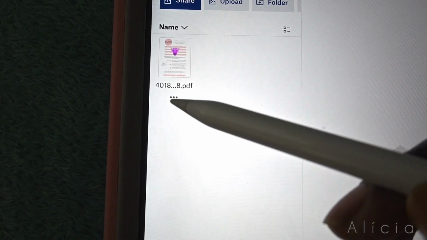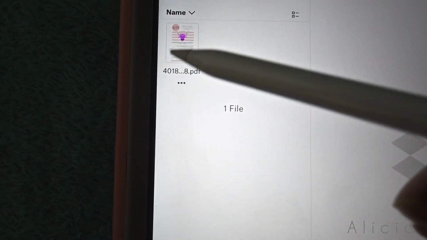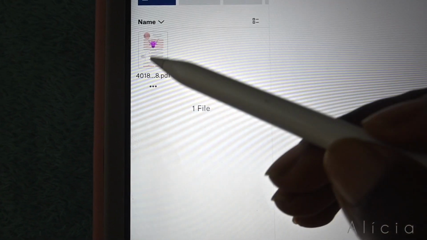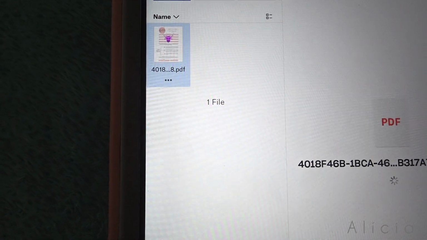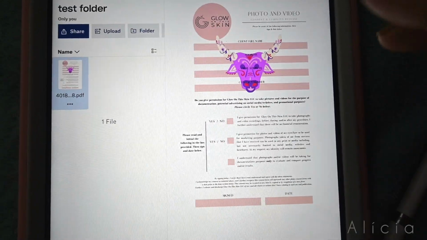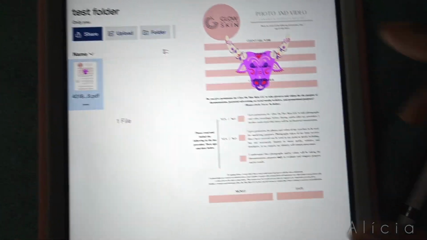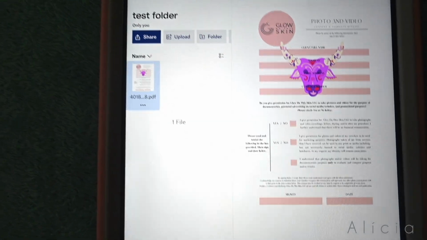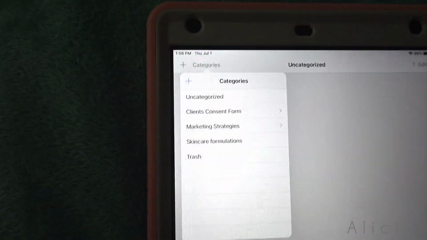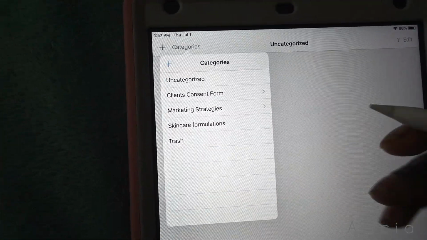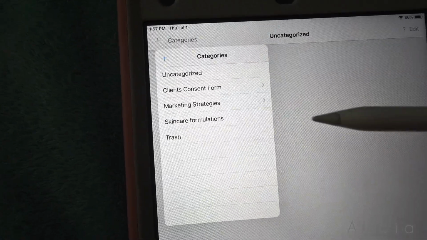And now we see that our digital form pops up as a PDF under the test folder. So now we have our form. Now we want to go to Goodnotes. You want to create a master folder. You want your master folder to be cassette form, especially if you use Goodnotes or you're planning on using Goodnotes